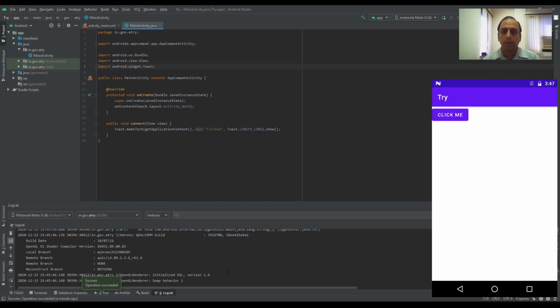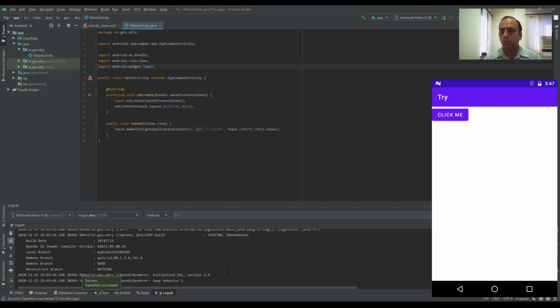Similarly, if you are downloading the ADB, Android Debug Bridge, even that, in the Gradle you will need internet. You will need it in each and every module. Once you run your first app on your device, it will not be required. Then you can be offline. For example, presently I am offline because I have downloaded everything. All the 2-3 GB of data I have downloaded and configured my PC for that.